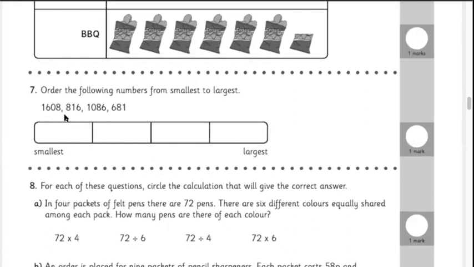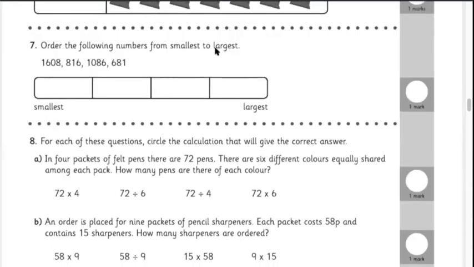All right, so now number 7. Order the following numbers from smallest to largest. Now we've done lots of ordering. We know that we've got to do it in this order, don't we? We've got to do smallest, then largest, and then with what's left, we do the smallest and largest again. So